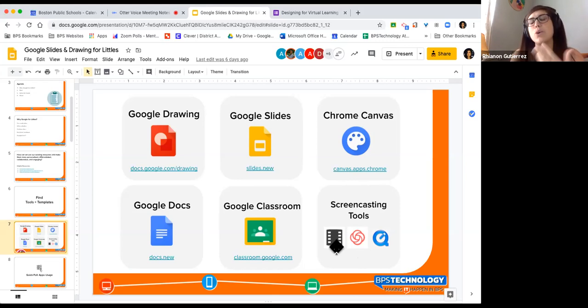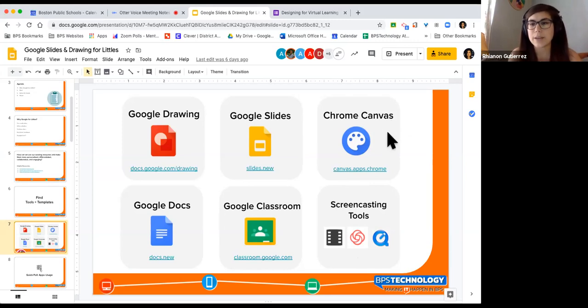When you record, you can record up to 5 minutes. There's also Loom and QuickTime, and we'll be discussing all of these more in depth later. But there are a range of tools out there that you can use with your students that are free. We're not going to talk about tools that you have to pay for in order to use anything. All of these are free and they're in Clever, or they already come on your computers.